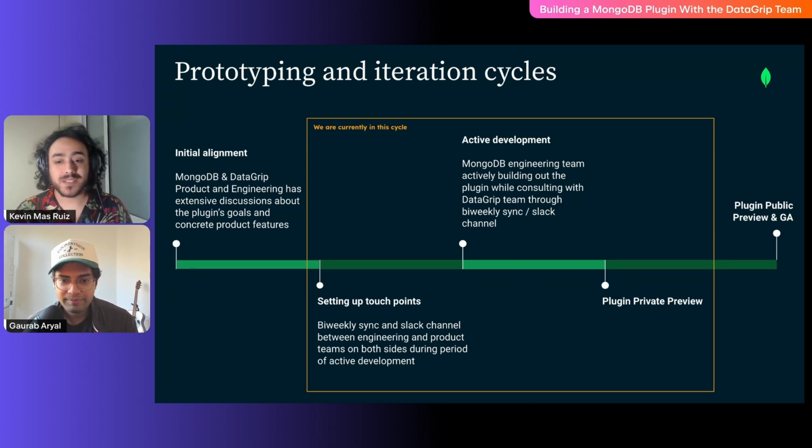Yeah, thanks, Gaurab. So we actually started when we reached out to the DataGrip team. We started discussing what are the most important features that we want to have all together. What were the plans of each of the teams related to MongoDB? And then when we got to an agreement, we started setting up touch points like Slack channels, email groups, and so on. So we had as accurate and real-time a conversation as possible to get an alignment during